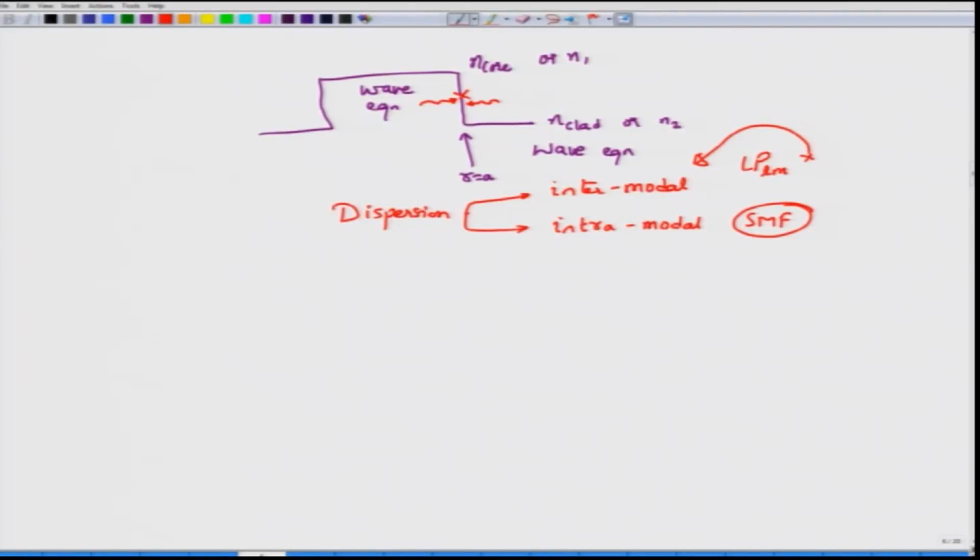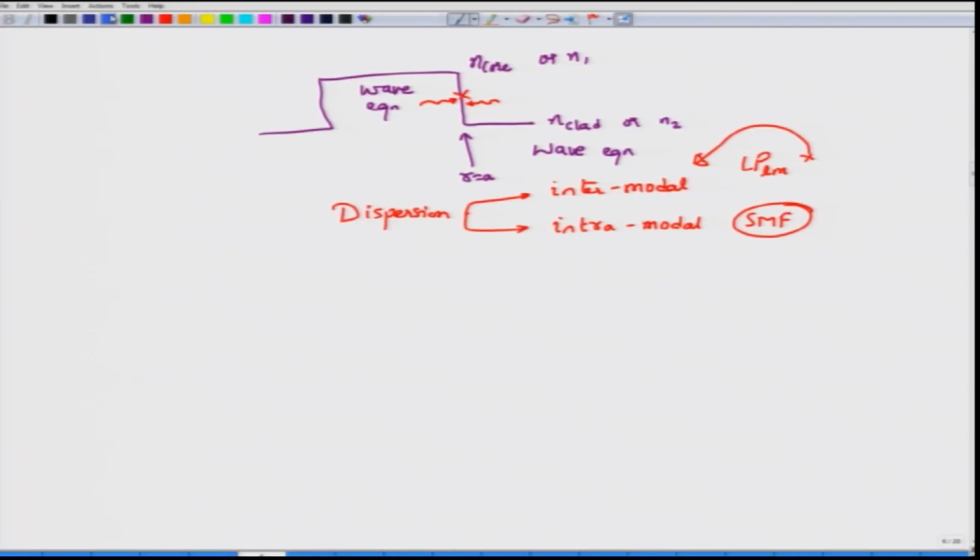So, when the fiber links are shorter and you do not really want to spend too much on the single mode fiber and the associated lasers, you can get away with using an LED or something, and then you prefer using a multimode fiber. Even when you prefer using a multimode fiber, you still have to understand that there will be intermodal dispersion which will limit the information carrying capacity. And we see that in step index fibers this intermodal dispersion is quite strong, as we have seen in the earlier modules. Now, what people did was to actually modify the refractive index profile.